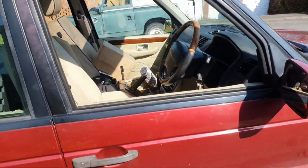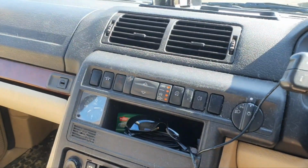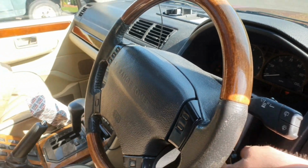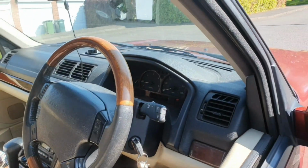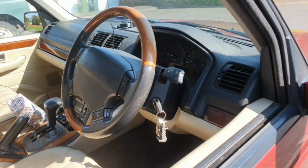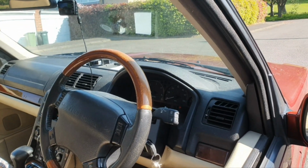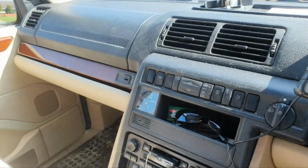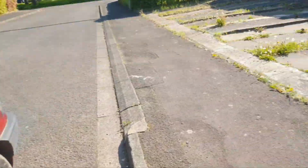Let it get some air in its system. Don't actually know what it's doing in there. Might have to restart the car. Yep, electronic air suspension fault. So they're going to keep doing it. Now it's not doing it as many times as it did last time. It was just constant. What's that reading on there? That's just flashing. Right, we'll tell you what, might try the kicker one more time